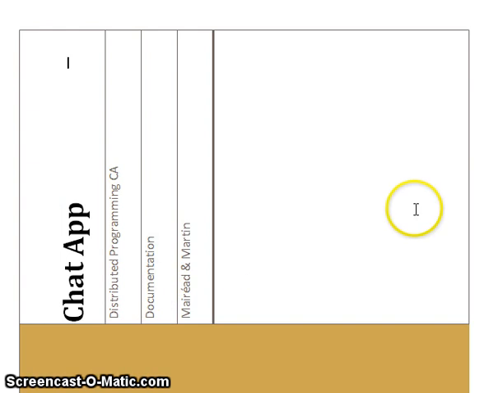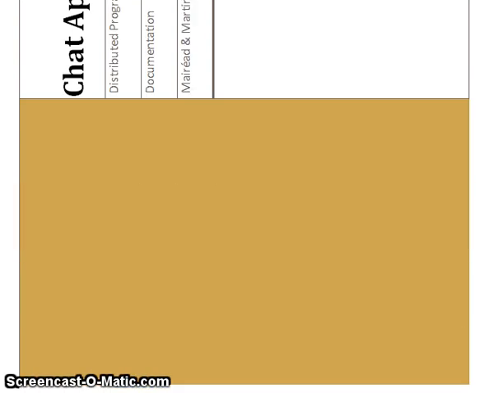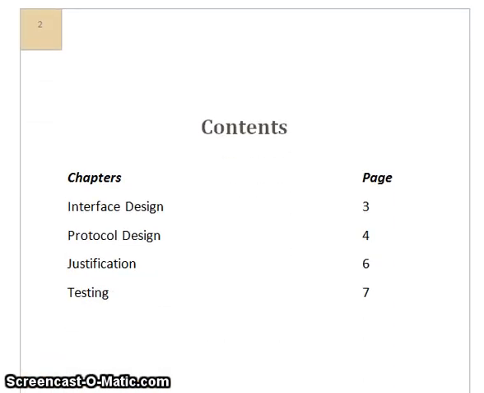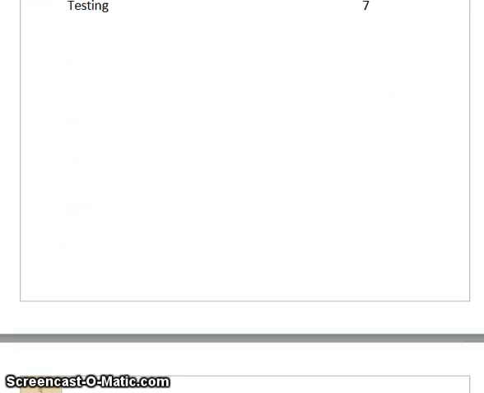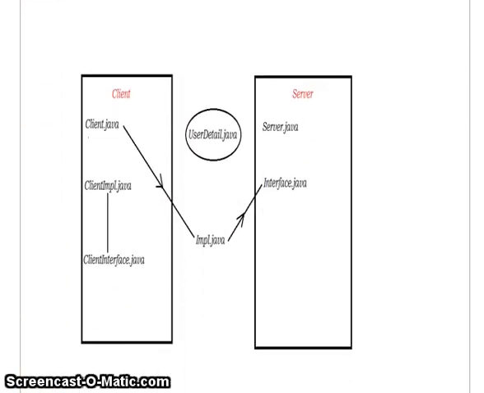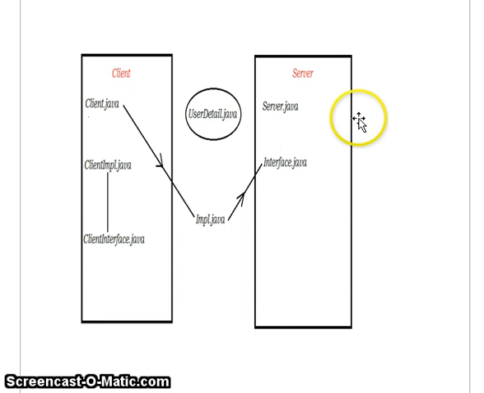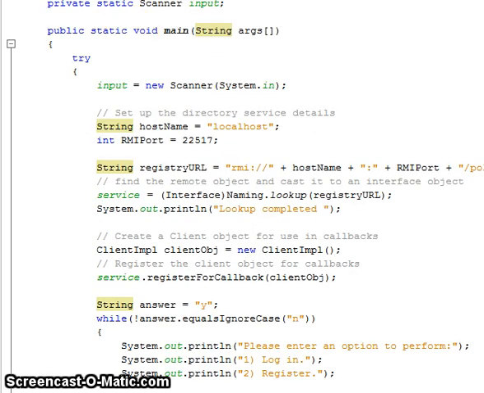I'm just going to walk you through our documentation. So first of all we have the interface design, then we'll go through protocol, justification and then testing. So this is the main interface design. These ones here are all under the client, these are all server, and these are in between classes. They're go-betweens almost. So if we go to the code we can see that this is our client class, this